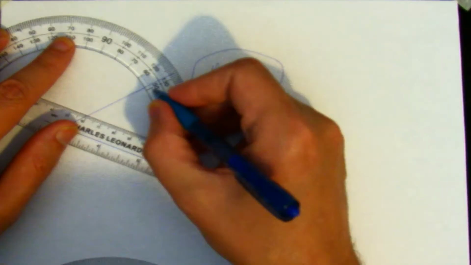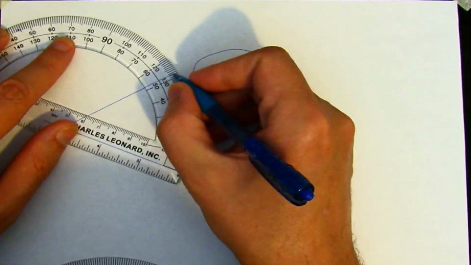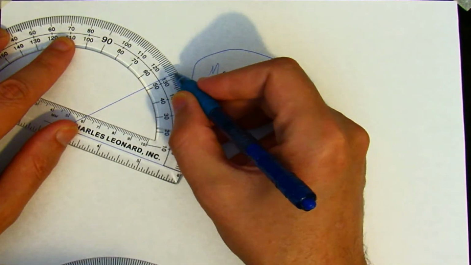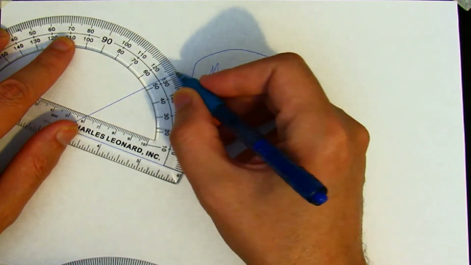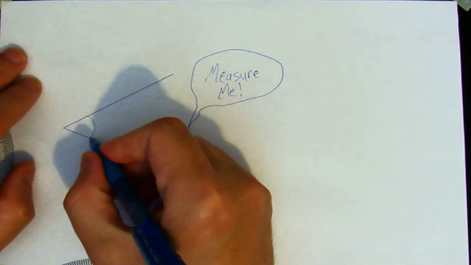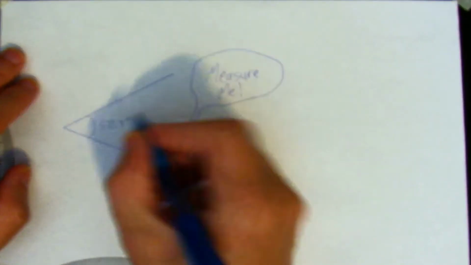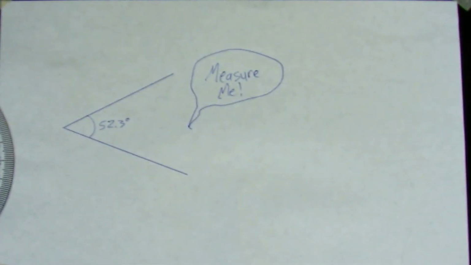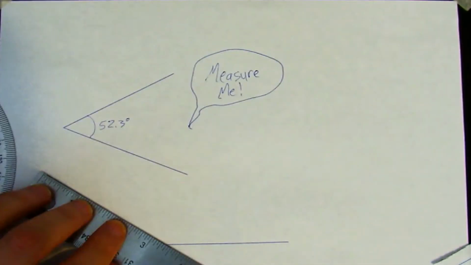We get 50, we go over here, 51, 52, not quite a half. Let's just call it 52.3 degrees, and we go over here and we label this 52.3 degrees. And that'll work pretty much whatever angle you have. If you have another angle where someone gives you an angle like this and you want to measure it,